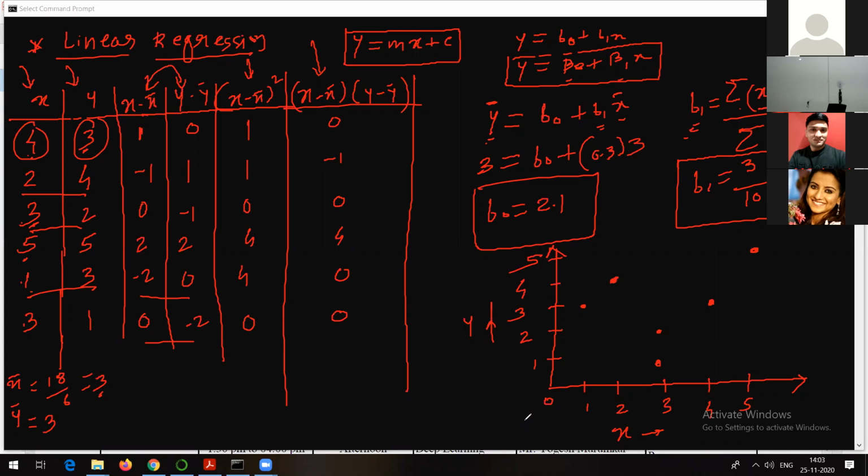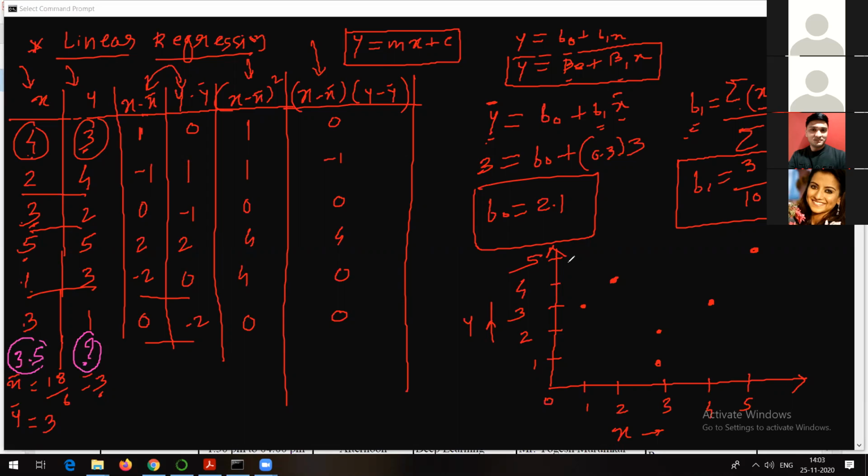Now what we want to do is prediction. What kind of prediction do we want to do here? We want to predict, for example, if a new person comes and puts the value of x as 3.5, the question is what will be the value of y. This is what we need to predict, right? That's why we are doing all these things. These red markers are showing you the current data, right? Now the question is, if the value of x is 3.5, what will be the value of y?